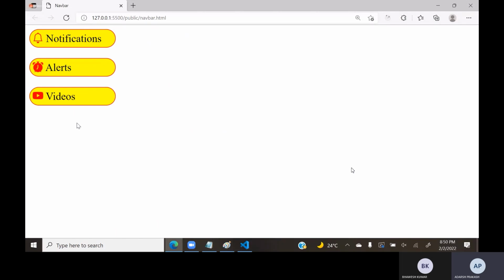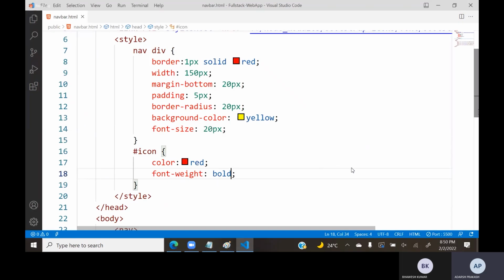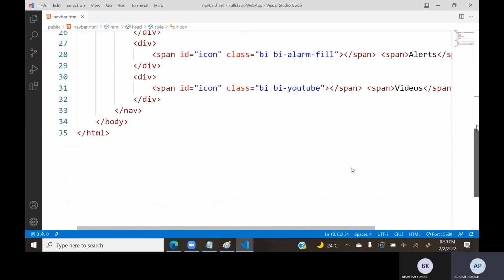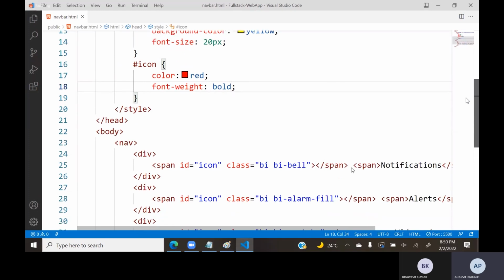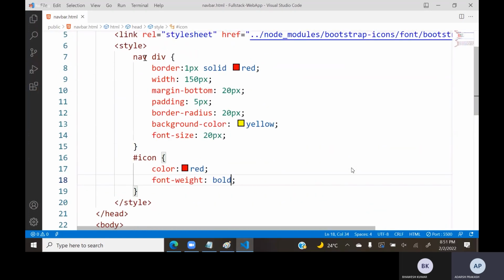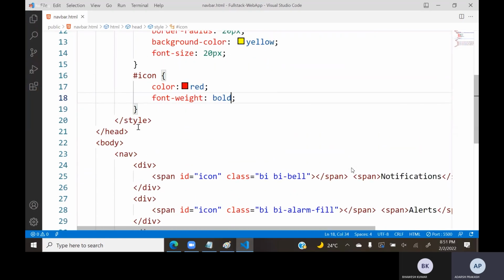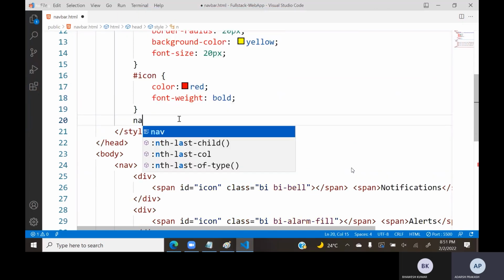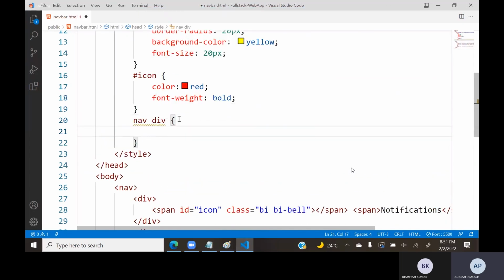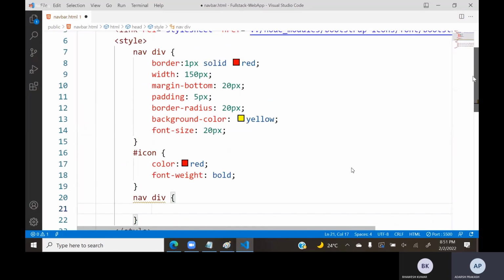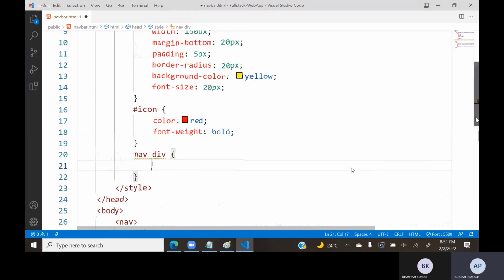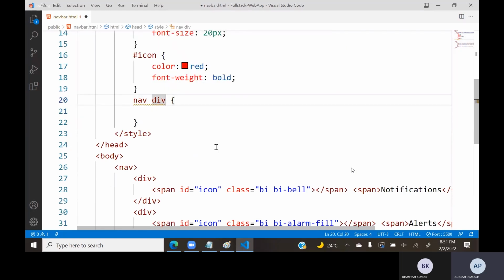Now here one trick I will tell you. This is like a navigation bar with icons and all this. Generally we have one more option here. Observe carefully. People have a habit of giving only an effect like this. Observe carefully. The navigation bar divs, I am writing like this. Navigation bar div. For that color, actually you see background color is yellow. But see here, I am applying